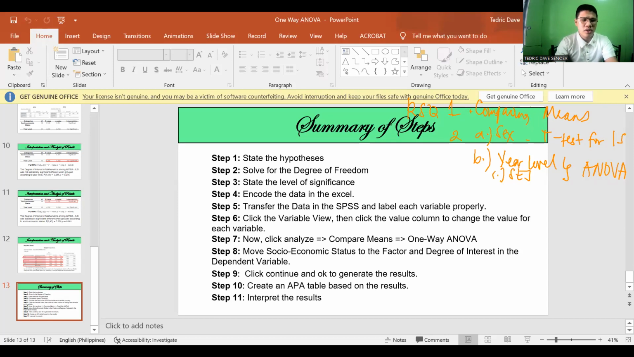For the last question, the keyword here is relationship. Significant relationship. So if we are finding significant relationships,